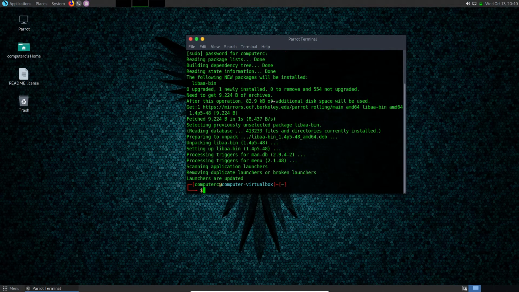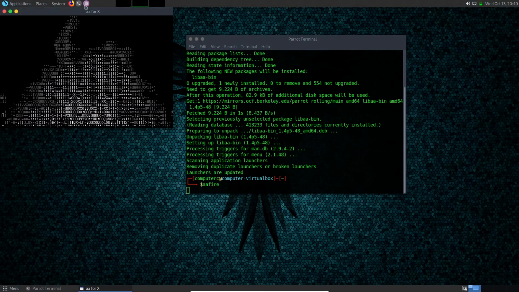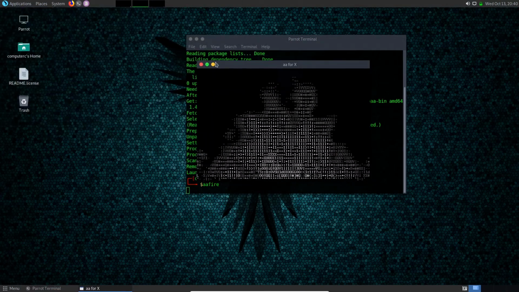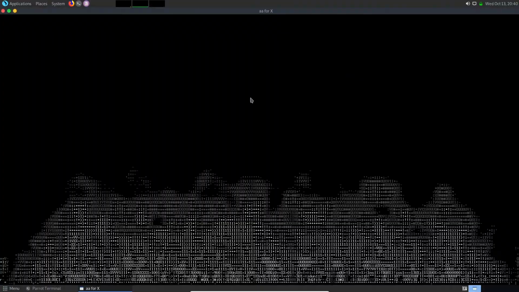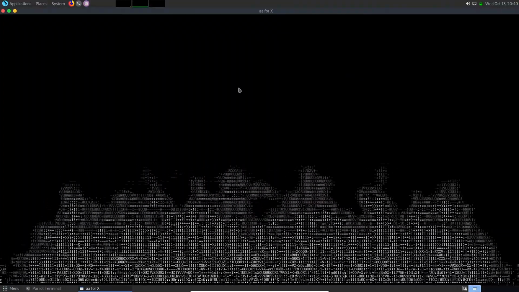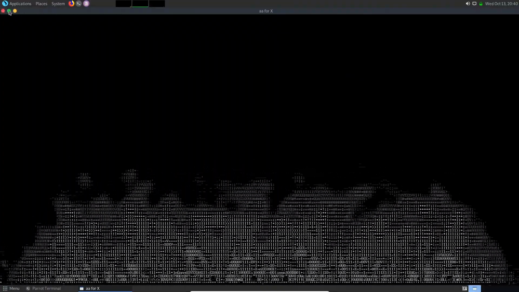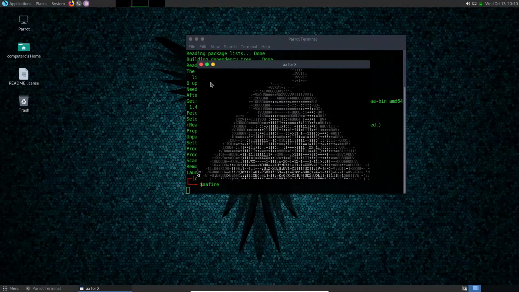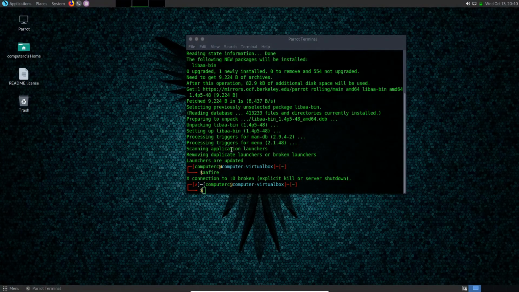So again, I'm just demonstrating quickly that we used sudo apt-get install to install different applications. Now, if I was to do this aa-fire, as you can see, I have this fire thing going on over here, which is pretty neat. There's a bunch of stuff that I think I'm going to discuss later on. But now, if you would take note,